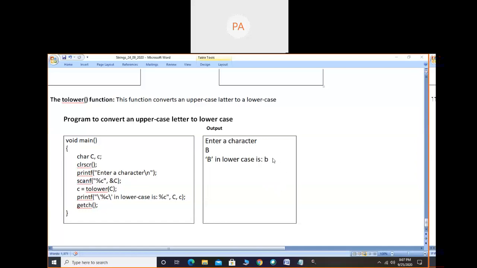So next chapter we have functions. Let me know whether we shall start today only or tomorrow. Still 10 minutes time is there. That's a new chapter.